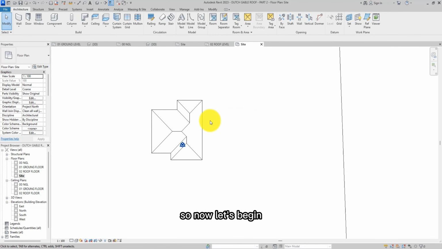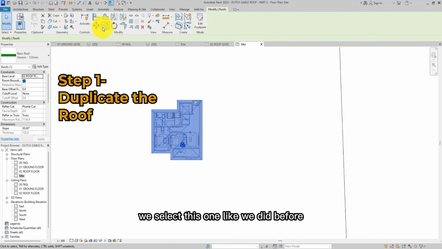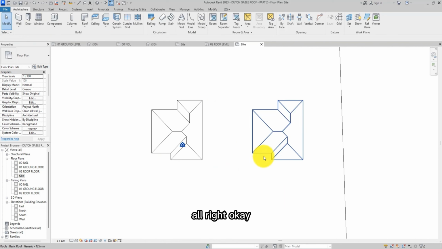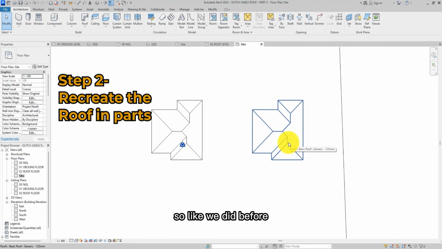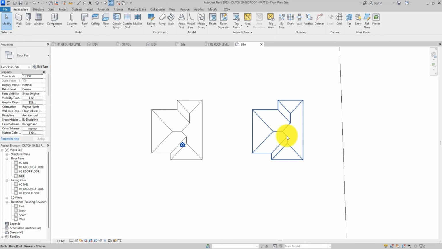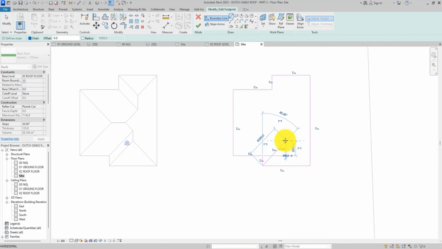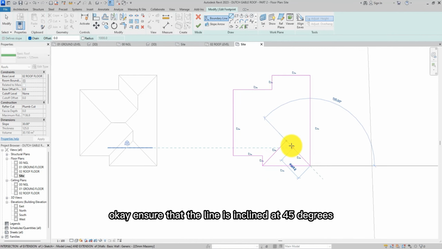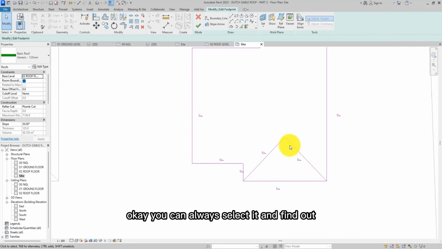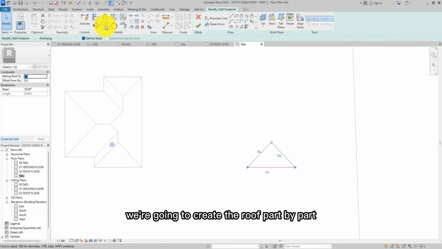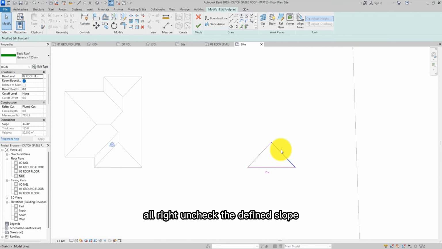So now let's begin. We select this one like we did before. We copy it to the side. All right, okay, so like we did before, we are going to be creating it in parts. Double click it to enter the edit mode, usually 45 degrees. Okay, ensure that the line is inclined at 45 degrees. Okay, you can always select it and find out. So we're going to get rid of all these other parts. We don't need it. We're going to create the roofs part by part. All right, uncheck the define slope,